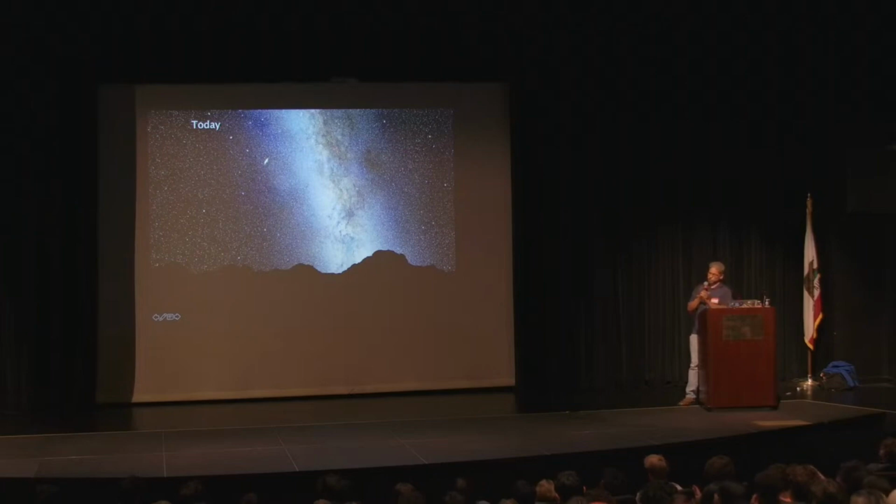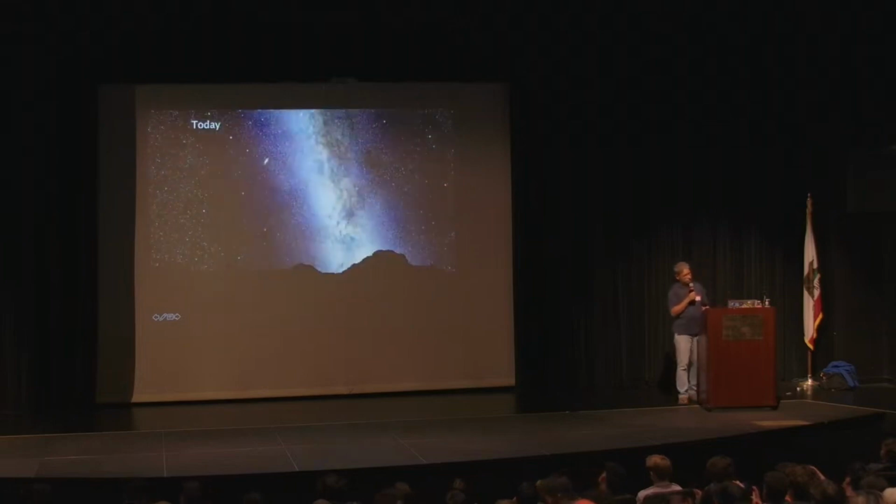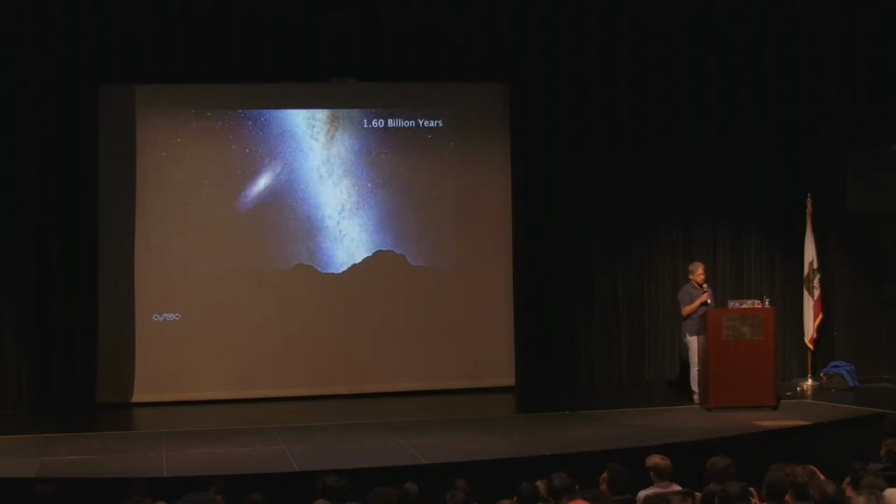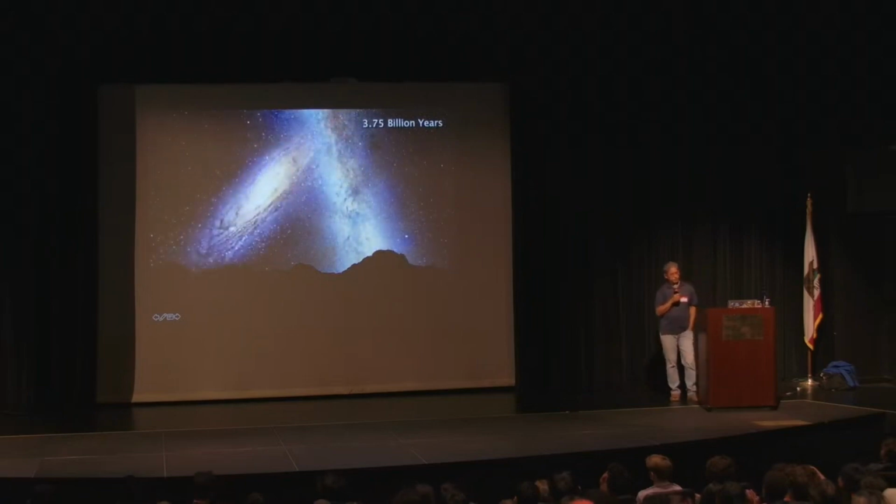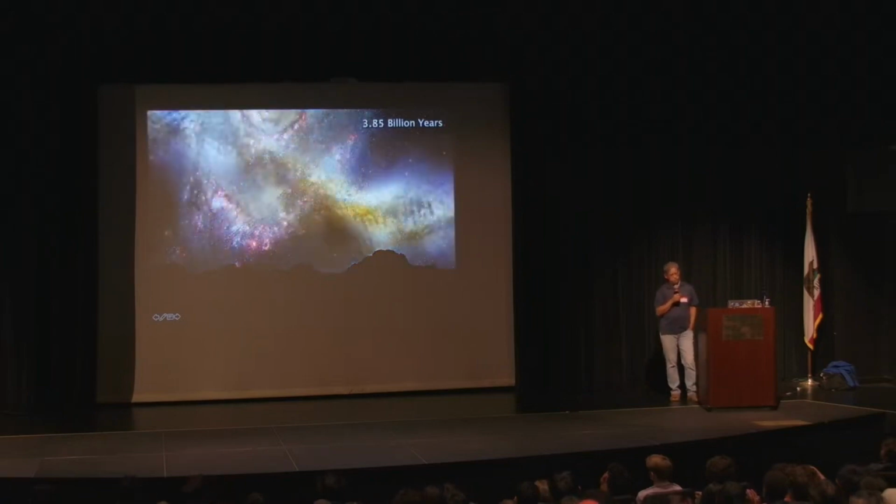This is how the sky looks today. You know, there's the Milky Way as a near vertical band. There's Andromeda right there. And astronomers wondered why Andromeda was getting bigger and bigger, and then it hit us, okay? Oops, let me go back to this. So this is today. This is how it's going to look 2 billion years in the future, much bigger. And 3 to 4 billion years from now, there'll be a spectacular collision between the Milky Way and Andromeda.